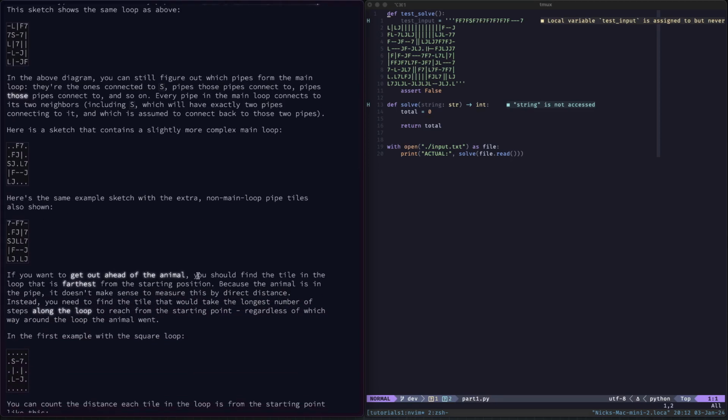If you want to get ahead of the animal, you should find the tile in the loop that is the farthest away from the starting position, because the animal is in the pipe. Because the animal is in the pipe, it doesn't make sense to measure this by direct distance. Instead, you need to find the tile that would take the longest number of steps along the loop to reach from the starting point, regardless of which way round the loop the animal went. In the first example with this square loop,